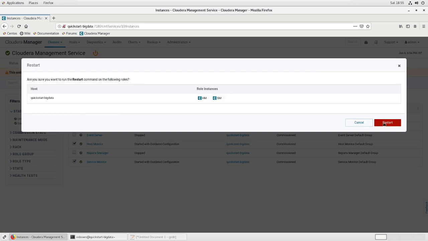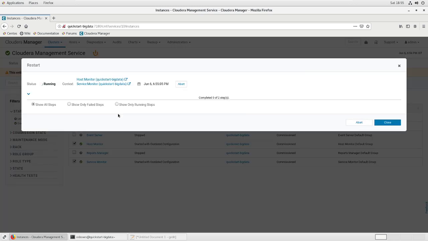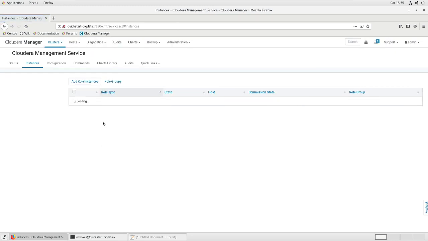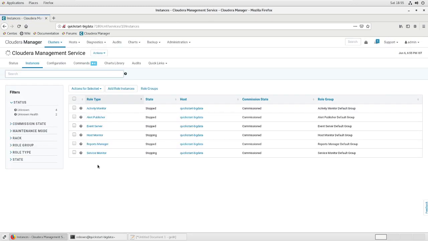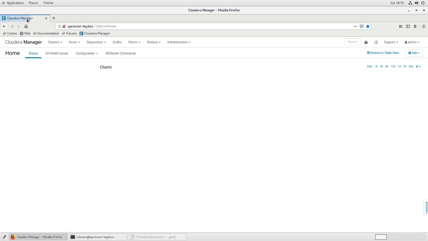See, I've deliberately stopped event server, activity monitor, and publishers because they consume a lot of memory, and in a single machine environment, that memory usage is actually not required. So those things are stopped, and these two I am restarting again. Similarly, if I come here,